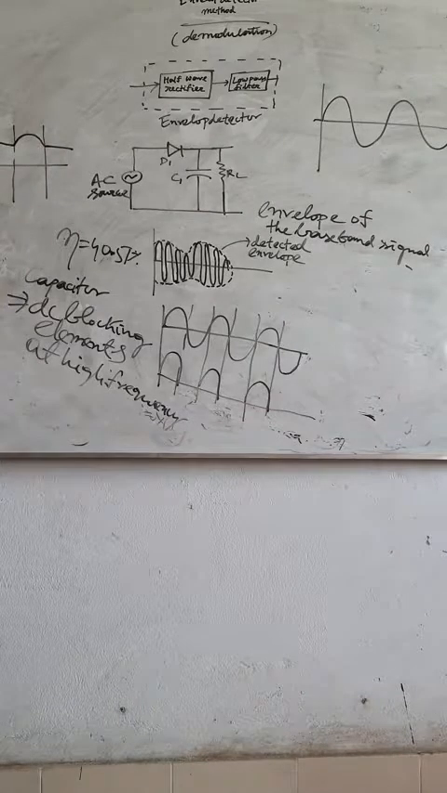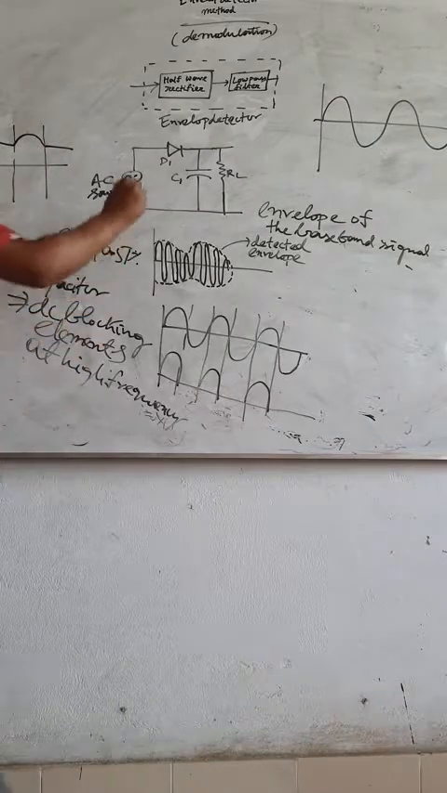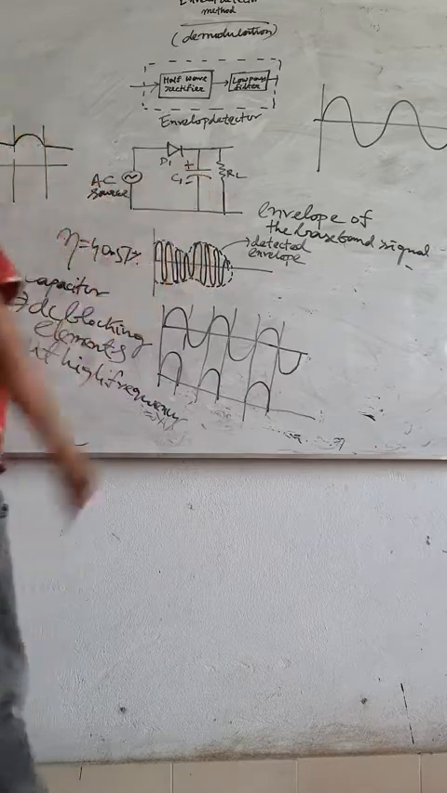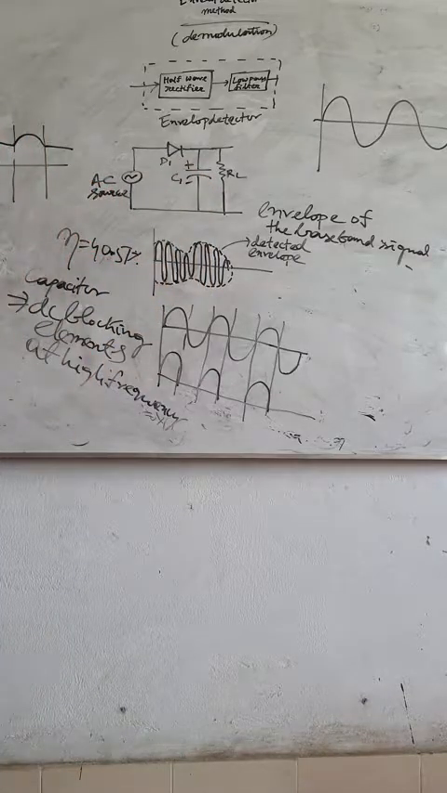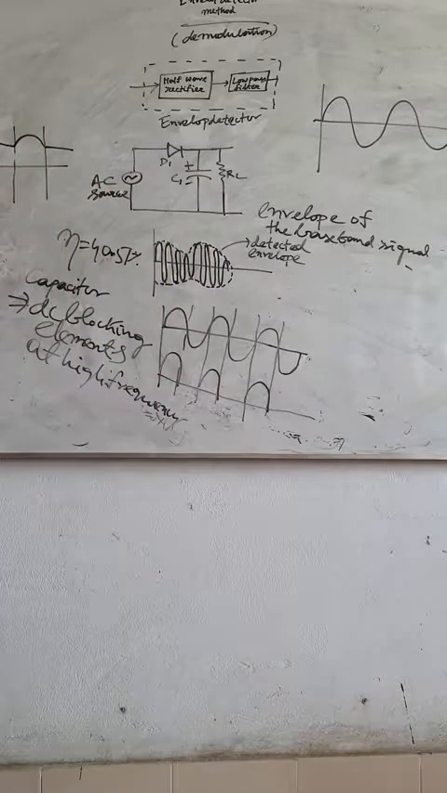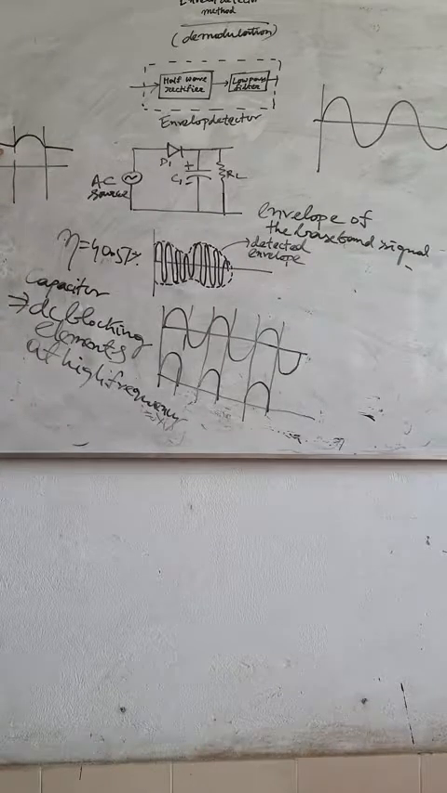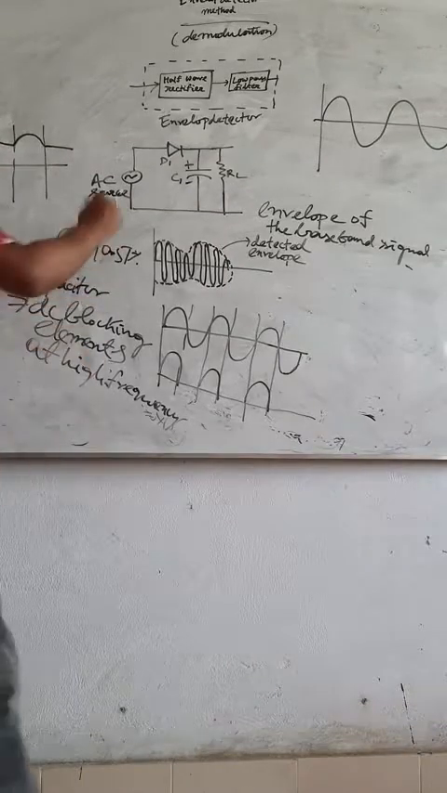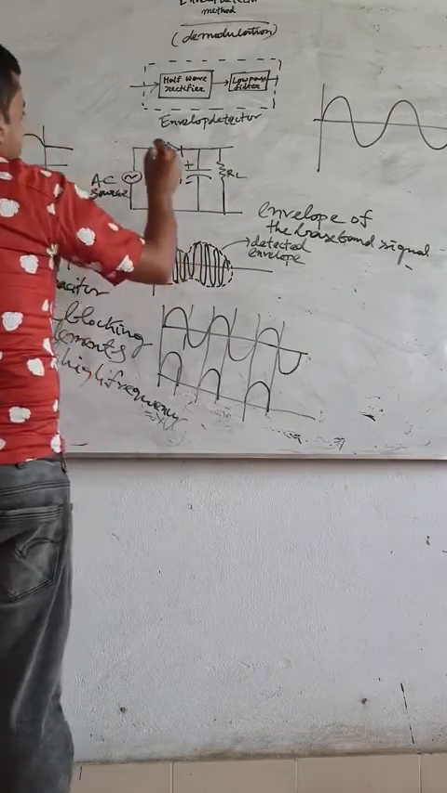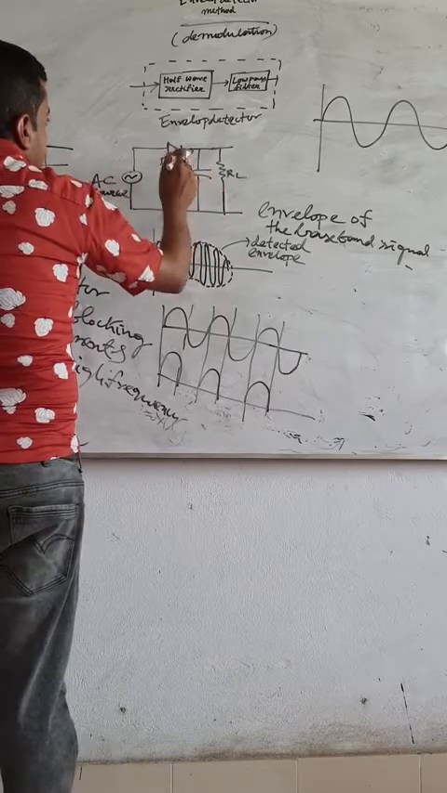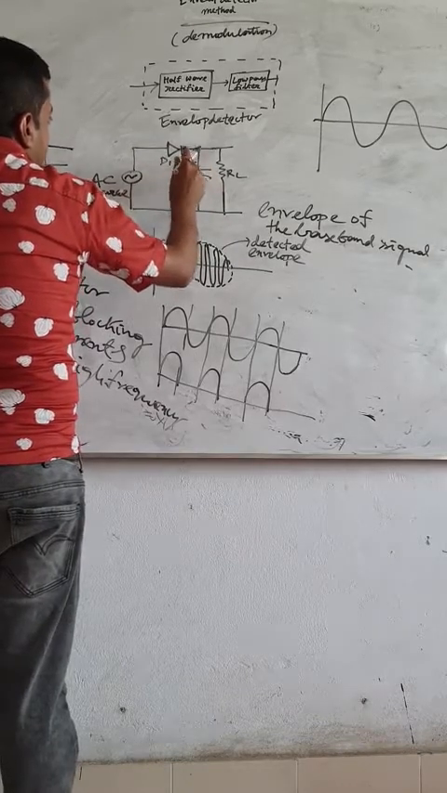So it is continuous. A capacitor will act like a charging capacitor. One cycle it will be charging and store the charge. Next cycle it will discharge the charge. It will become discharging. Suppose one particular path when the diode acts, when this diode is in forward bias, suppose